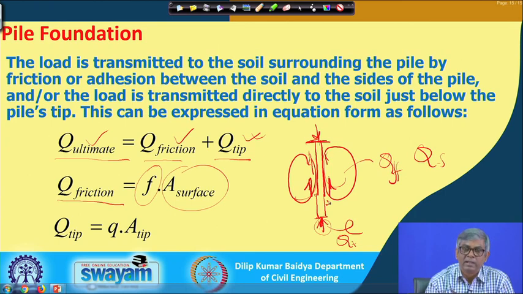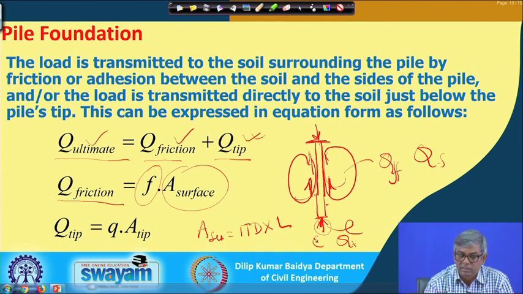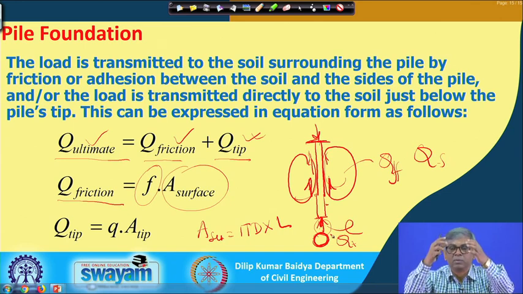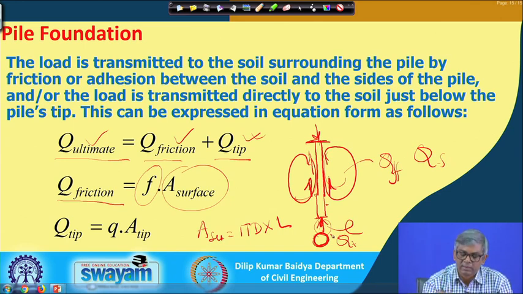If it is a cylindrical pile, then what will be the A surface? For a cylindrical surface, A surface will be equal to pi multiplied by d multiplied by L. If I see the pile top view, the perimeter is pi d, and if you multiply by the surface vertically up to the ground surface, you will get the entire vertical surface around the pile that resists. So that is why the surface means the entire cylindrical surface of the pile is to be considered. So A surface is pi d into L.